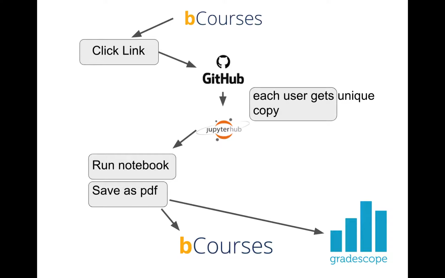Or it could be a coding problem. Figure out how to do the correlation. What correlation did you find? Something like that. So it could be coding, or it could be typing. Then our workflow is they can save that as a PDF to turn it in. They could turn it in right back to bCourses under assignment 1 by Friday at 5 p.m., upload a PDF. Gradescope is really popular for PDFs, so you can also set up assignment 1 on Gradescope.